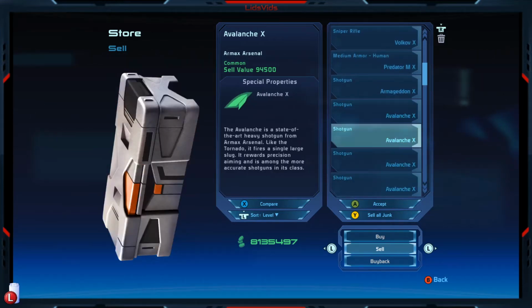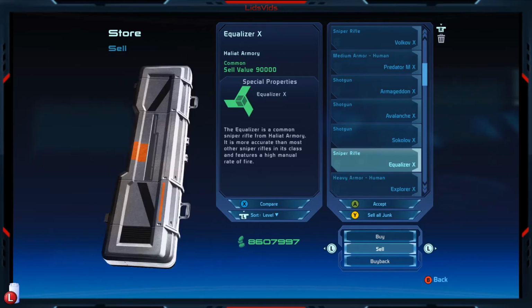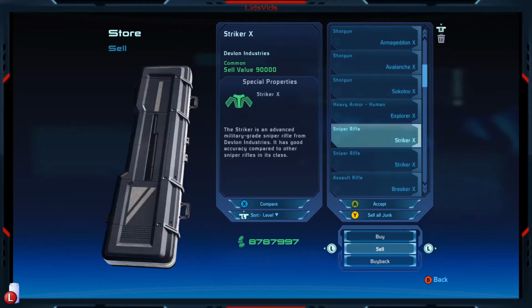Let's see. So we don't need that many avalanches, I can tell you that much. And Sokolov, let's keep one of those. That's definitely not needed. And I think at this point, Hazard Armor, I don't think it's super relevant, but I suppose maybe we'll hold on to one of them just in case,